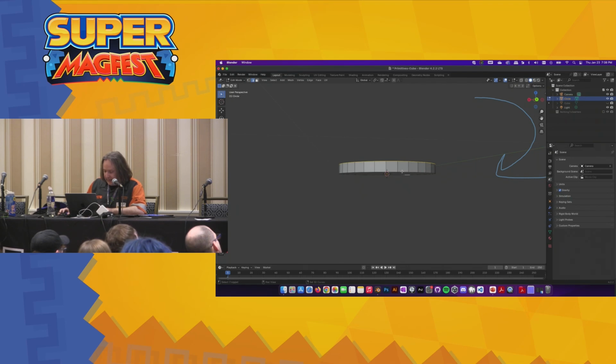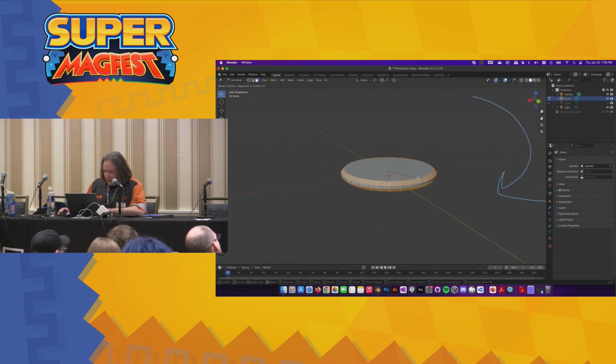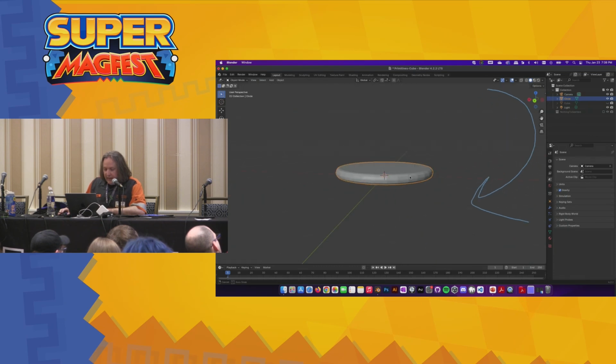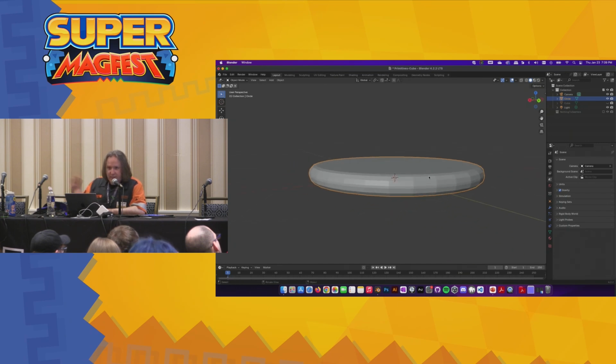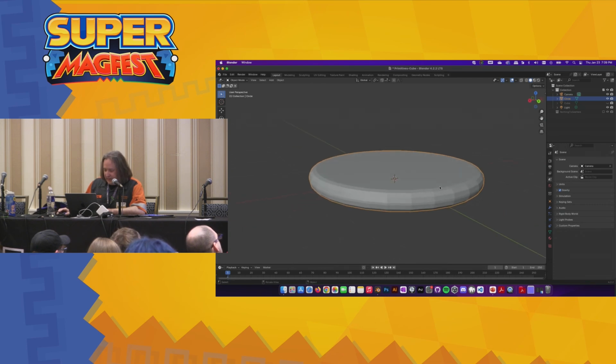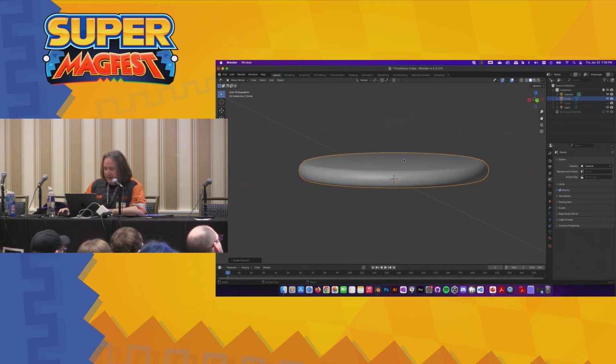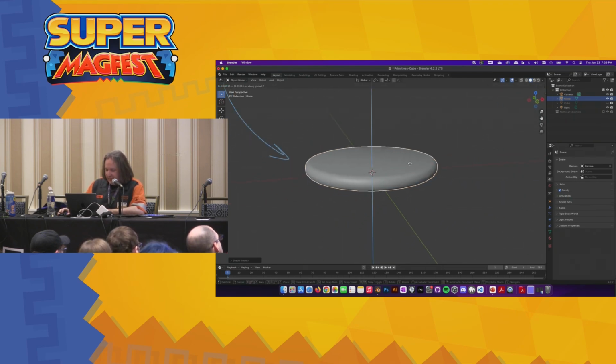So if we did that to both edges here, so let's take this, and then do our Control B bevel. Now we can make sort of this like rounded shape here. And that's kind of cool, except that it looks kind of like a disco ball with this like really flat shading. So we want to come in here and maybe not make it so faceted. You might want that if you're modeling like furniture where you want really hard edges, but we're going to shade it smooth, and now it sort of lights it as if it's a smooth contour. So there's our cylinder now.